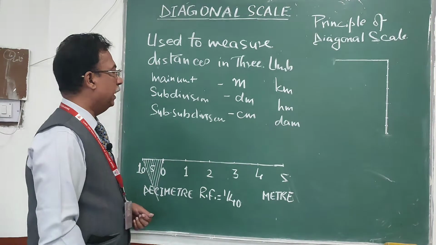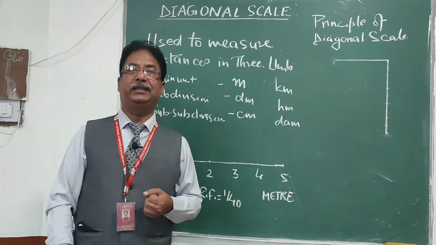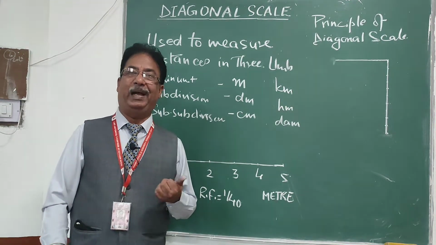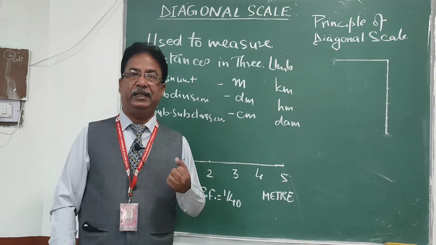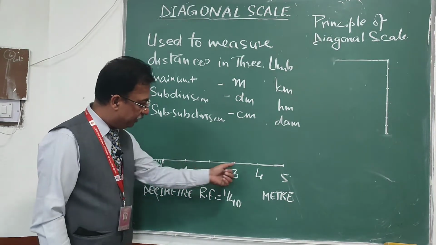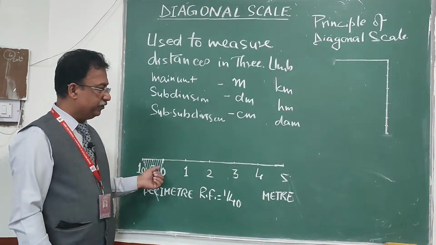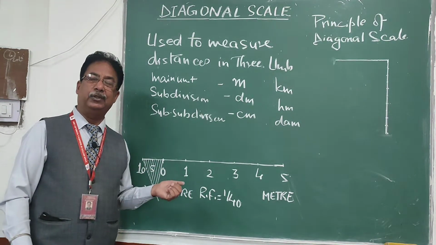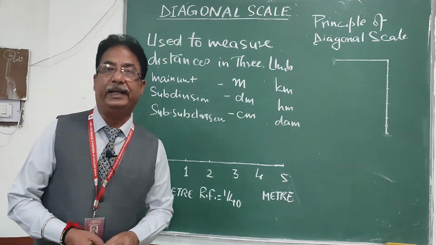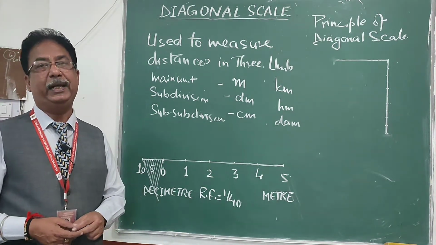Last time, if you remember, we took a problem of a plane scale to show meter and decimeter, when the RF is 1/40 and the maximum length is 6 meter. In that case, we found the length of the scale to be 15 centimeter, and we drew a scale like this. So this is a 15 centimeter long line which is divided into 6 parts because it equals 6 meters. Then we subdivided the first part into 10 parts and got the decimeter length. This is the problem of a plane scale.